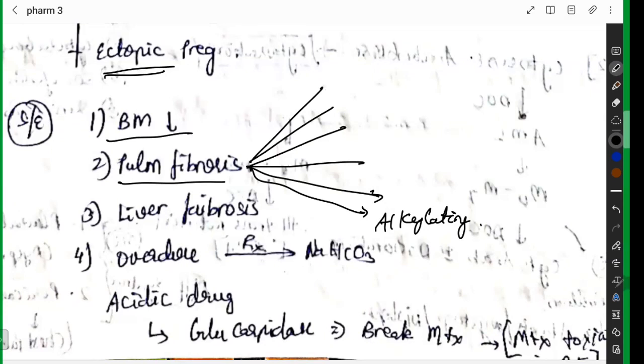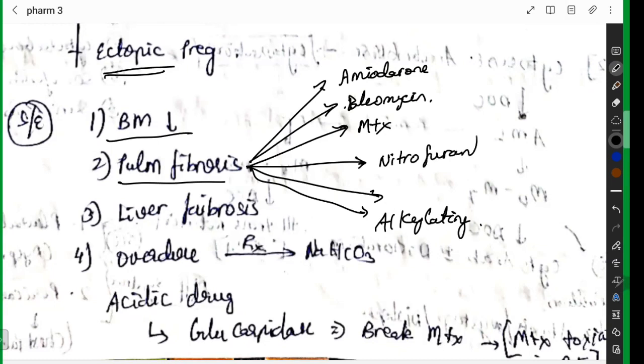A stands for amiodarone, and also you can add alkylating agent. B stands for bleomycin. Very good, Afif and Dinesh. And M stands for methotrexate, and you're going to have nitrofurantoin and your ergot alkaloid. So if they are going to ask in your exam, probably the best 5 are going to be these